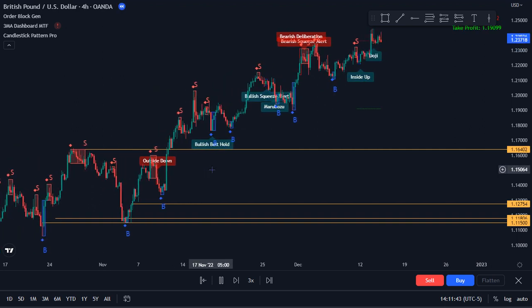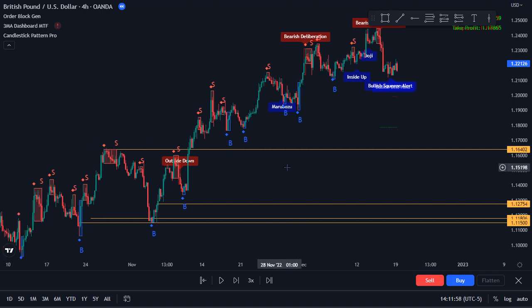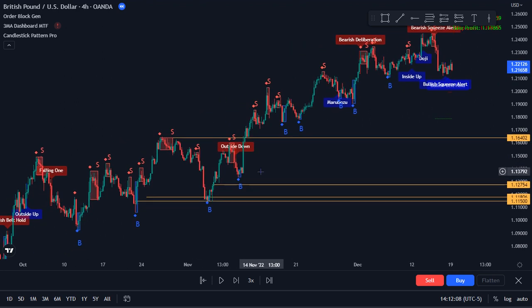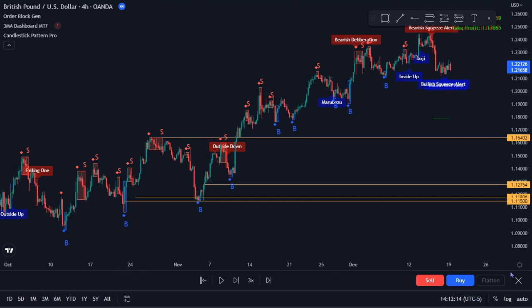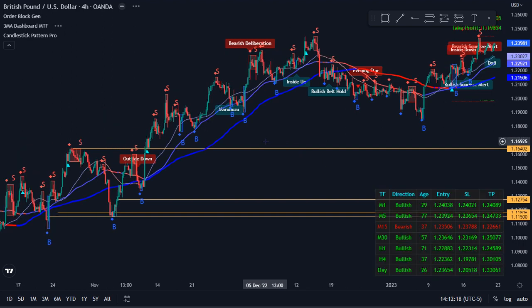Using the 3 MA dashboard, of course, there's the multi-symbol dashboard as well, not just time frame, but just this one-step confirmation of looking for the buy signal or the buy notification, not the signal, with the 3 MA dashboard, and using that to reference what will be the most high probability order blocks to trade from if you're in an uptrend or